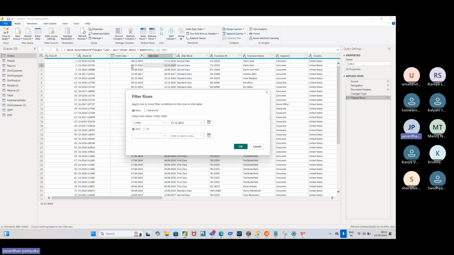So try to apply the filter over here. Only that data will be filtered in the Power Query, and you can build the visuals and show it to the client. So that is the importance of the filters we apply in the Power Query. Next one,